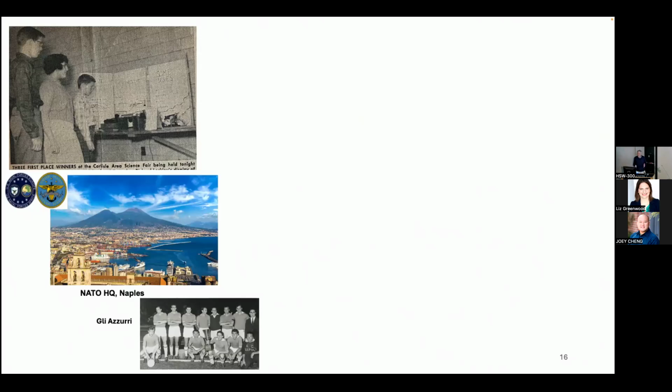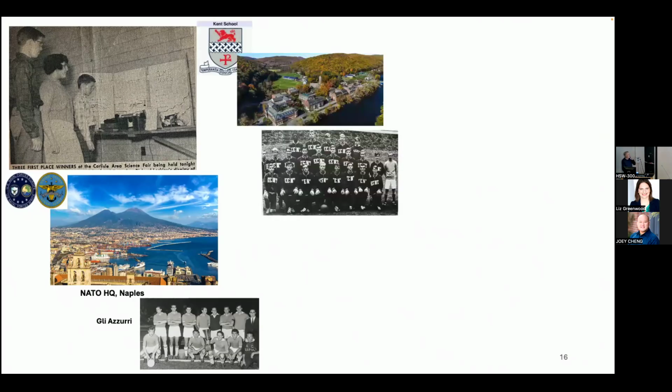I was a baseball player. I had to play soccer. I was going to get bullied, to be perfectly honest. And Gli Azzurri, the other blue team, was in Serie B. They had been relegated. People know the Premier League. And they won the Coppa. So the Coppa Italia is a big deal. And a Serie B team never does that. But that got them into Serie A. The whole city was ablaze. And I started playing soccer. That was way before everybody played soccer. You didn't have to be very good.